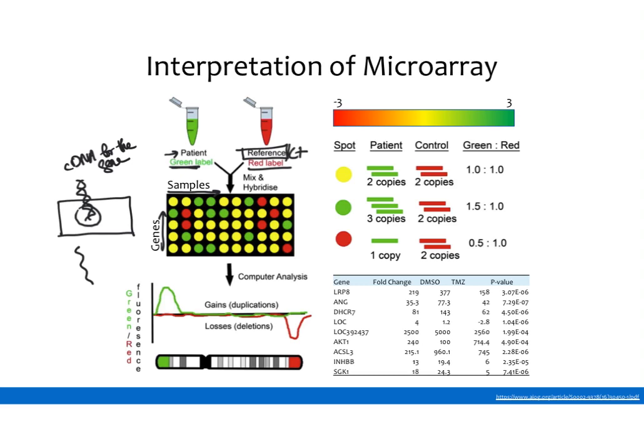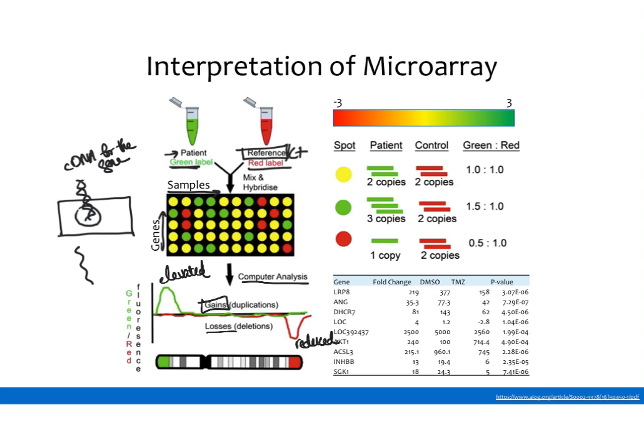possibilities. So if we put all of our different samples along the top, and then these are all of the genes that are available, we can kind of see how the gene is expressed in every single sample. And then this gets run through the computer, and that analyzes what is gained and what is lost. So it's telling you which genes are elevated based on your microarray and which genes are reduced based on your